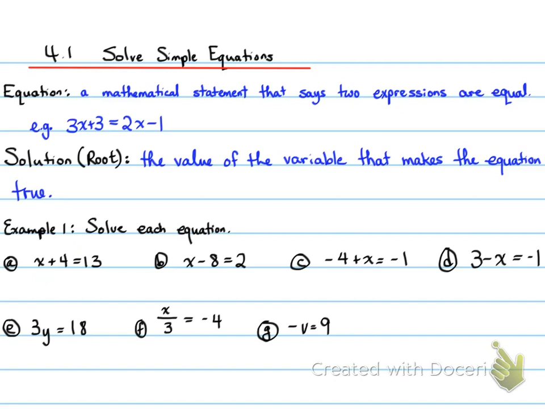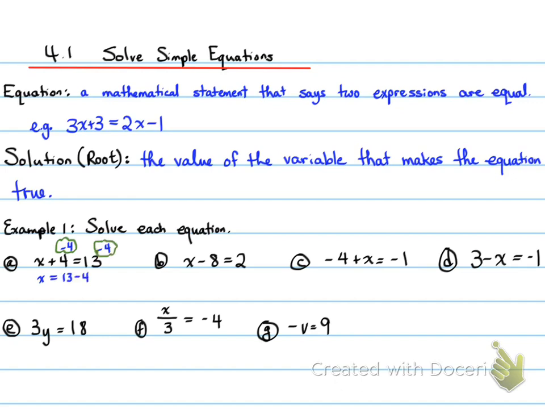All right, now, what you may have learned in previous years is balancing. We need to create a balance. Whatever we do to one side, we do to the other. And that is true in this case. We want to get x by itself. To get x by itself, we need to move this plus 4 over to the other side. To move it to the other side, we want to subtract 4. So we're going to subtract 4 on both sides to balance it out, and we end up with x equals